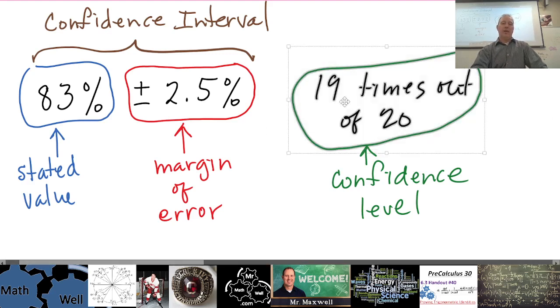Again, if they were less certain than this, then they wouldn't have this number. They would change this number. So in order to fall in the 95% confident, they have to have this number correct. If they made this number smaller, then they might have to bump this number down. If this was plus or minus 2%, saying, hey, this confidence interval is smaller, well, they might have to bump that down to 18 times out of 20. So they kind of balance that.